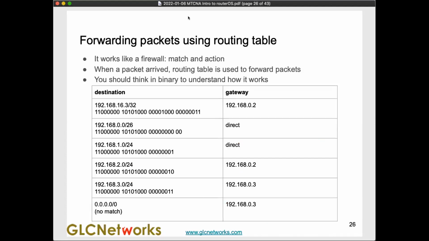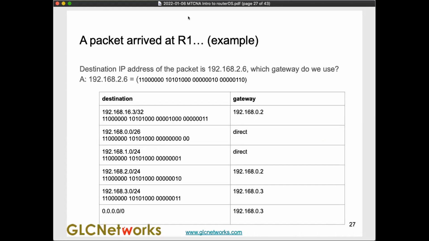Okay. So this is how the routing table looks. It works like a firewall. If there is a destination packet, from a destination to the gateway,